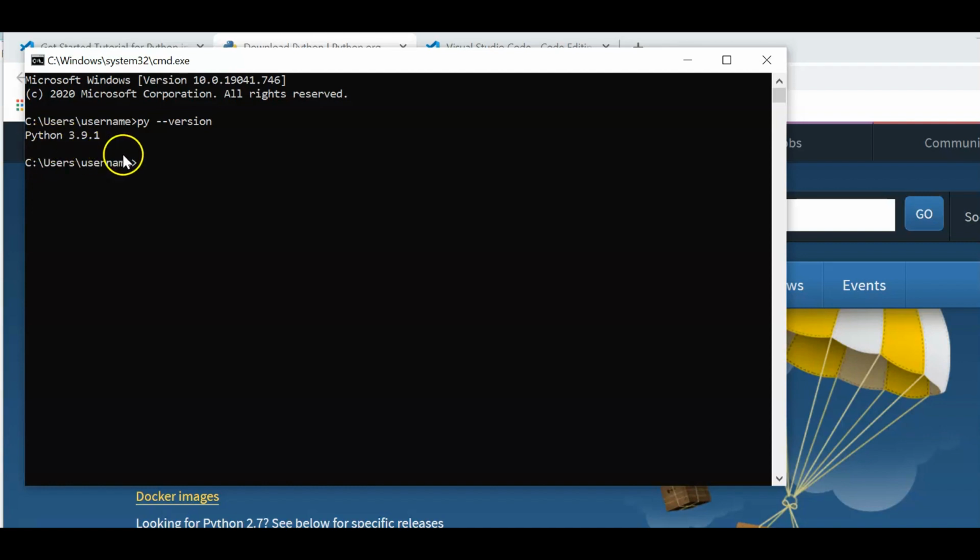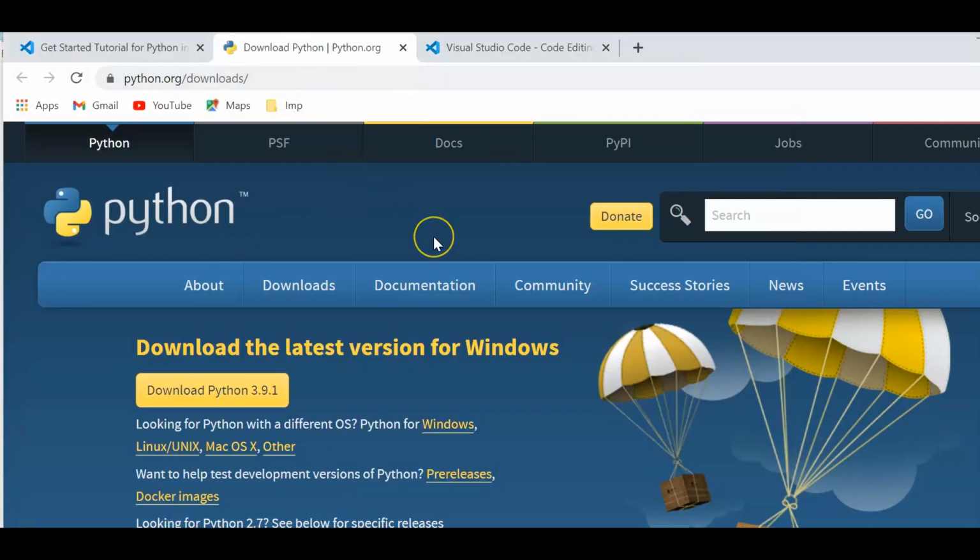On my machine I have Python 3.9.1. I repeat this command, py --version. Using this command you can check the current installation of Python on your machine. So this Python part is covered. I'll assume that you will install Python on your machine from this official site, and you can check the version as well.